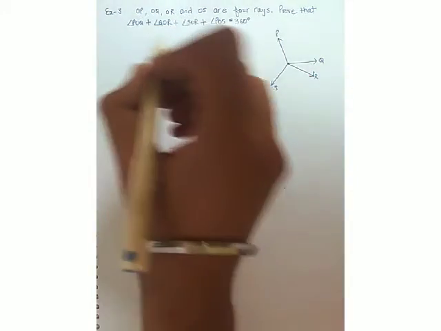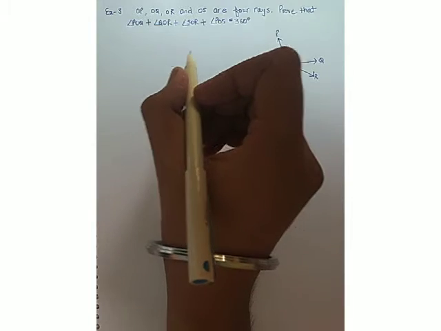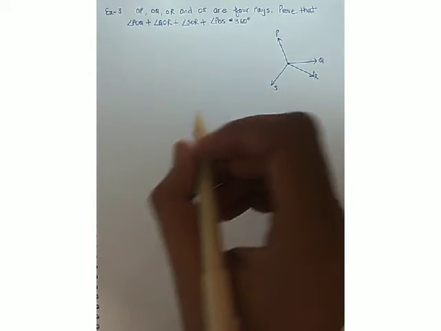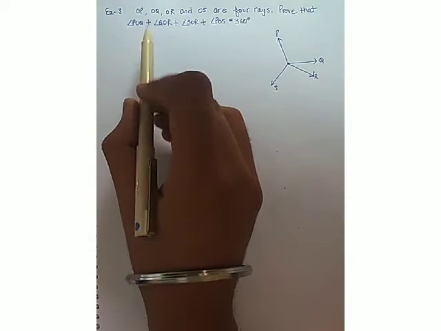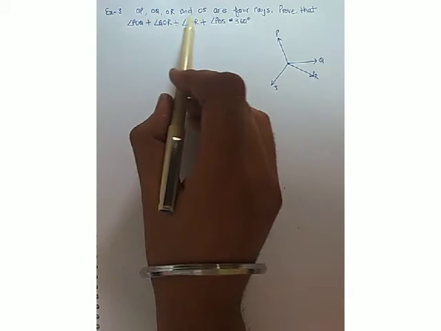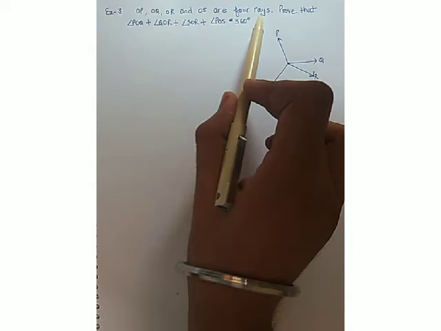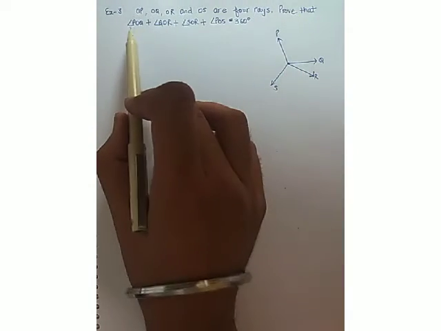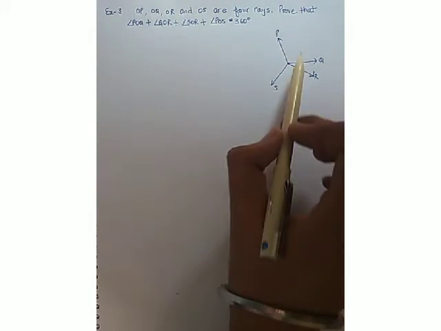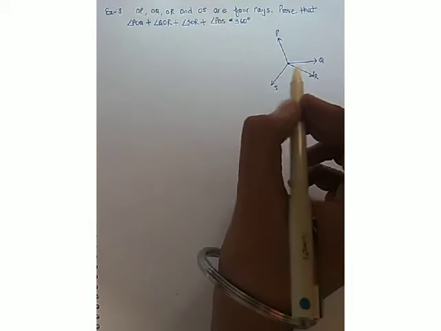So let's move to example third, because the rest of two examples of exercise 6.1 we have done in the previous videos. It states that OP, OQ, OR and OS are four rays. There is no line given in the diagram, only four rays are given. We have to prove that the sum of all of the four angles given is 360 degree.